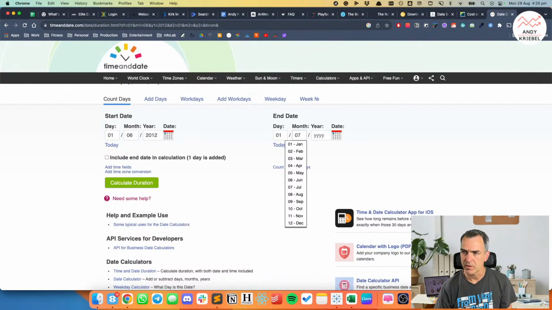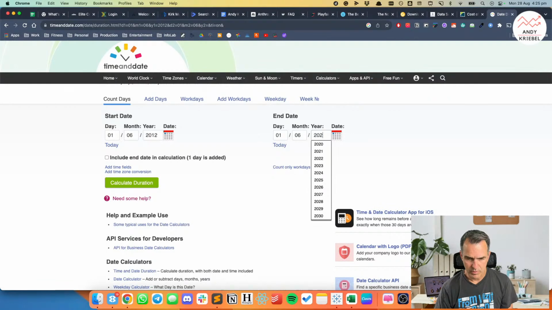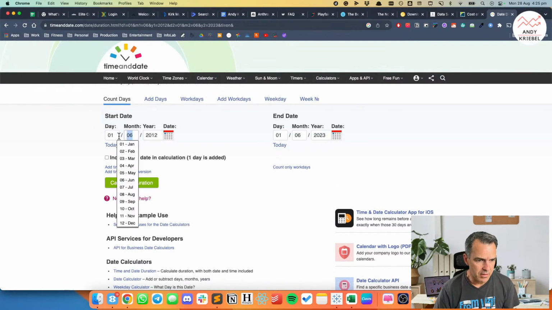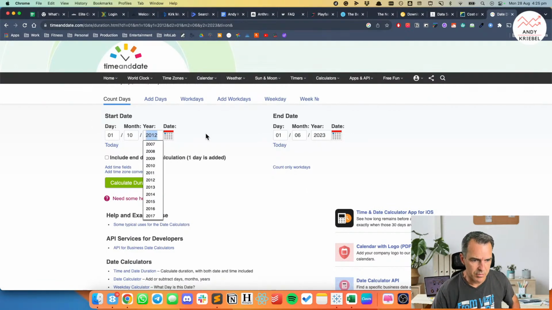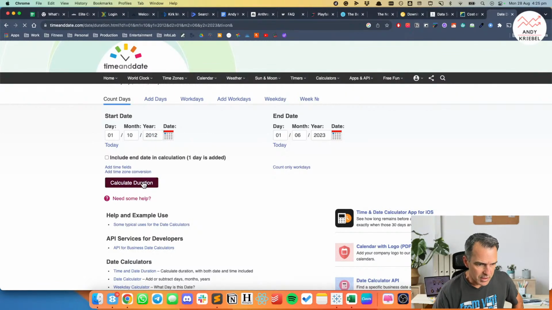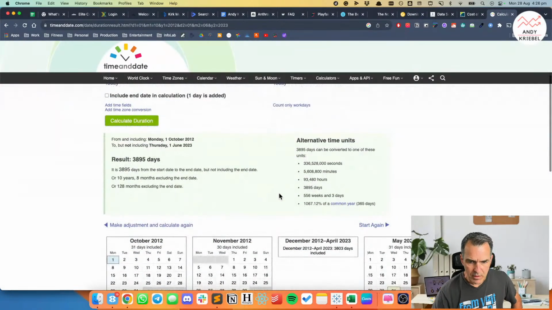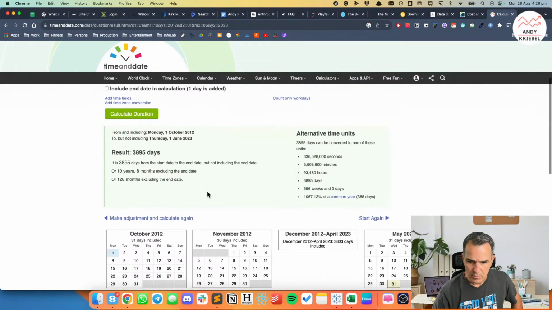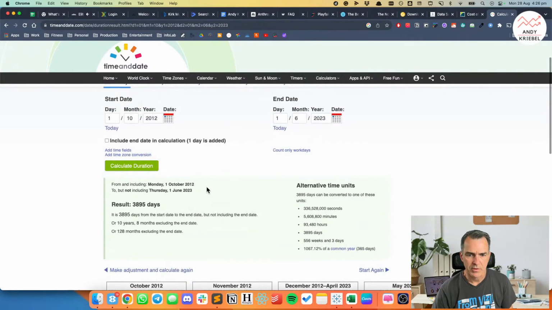Wait, I'm getting my data mixed up here. 01/06/2023, and this one should be 10. Sorry, that should be 10. I think that's right now. And then I want to calculate duration. So, okay, that didn't help very much.